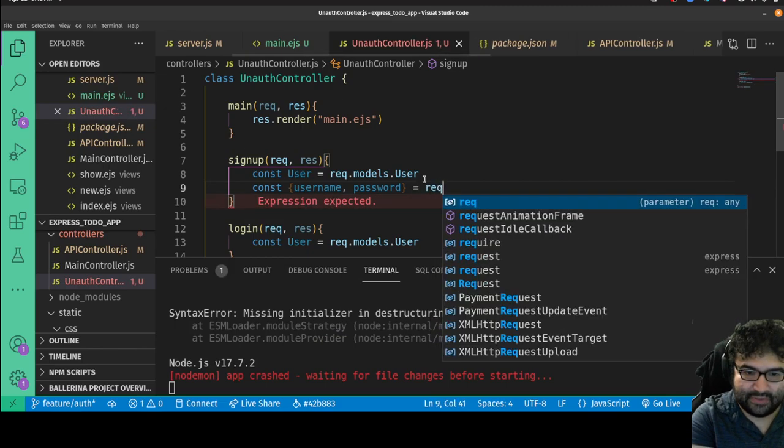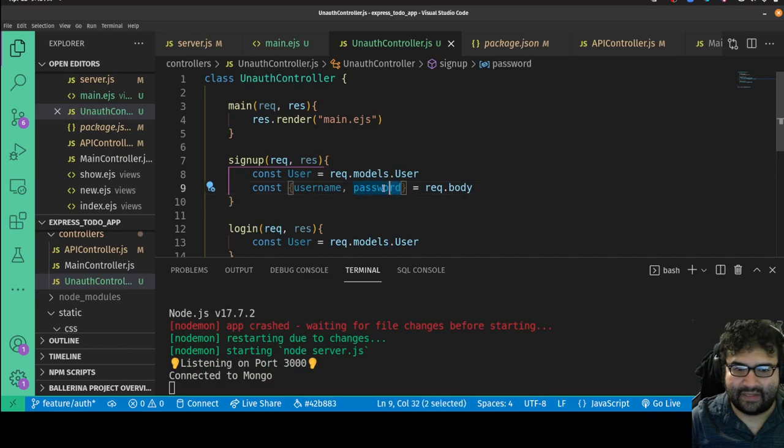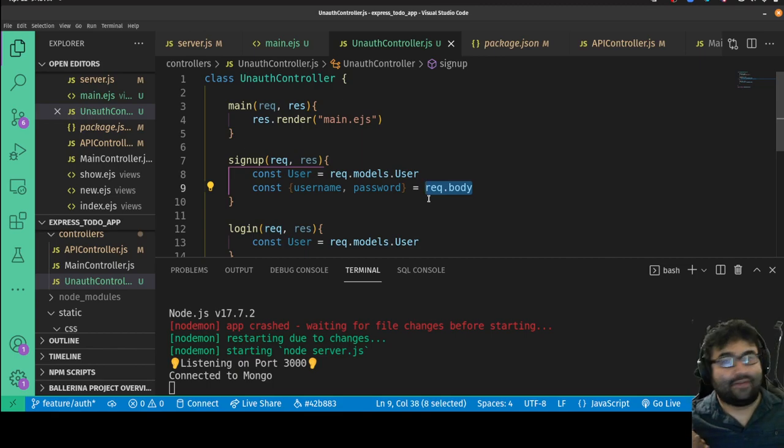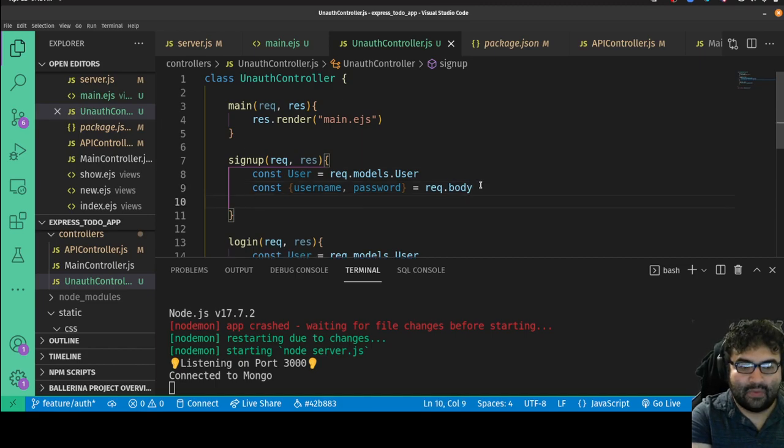The object I want you to pull it out of is req.body. There you go. And now technically, I have standalone username and password variables that are made up of the username and password properties of req.body. That feature is called object destructuring. So if you're not familiar with that JavaScript feature, I have a good 40-minute video where I show all the cool things you can do with destructuring. It's one of my favorite JavaScript features. Okay, so const username req.body. Good. So now what we want to do though,